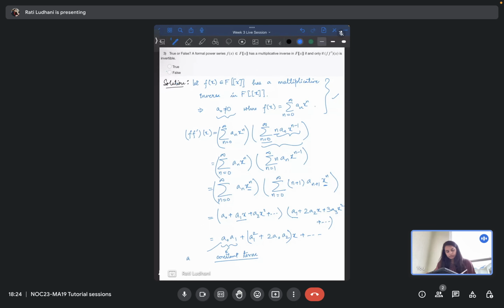But what is the guarantee about a1? a1 could be 0, there is no condition on a1 from f(x) being invertible. So if a0 is not equal to 0 and a1 is equal to 0, then f(x) is invertible,